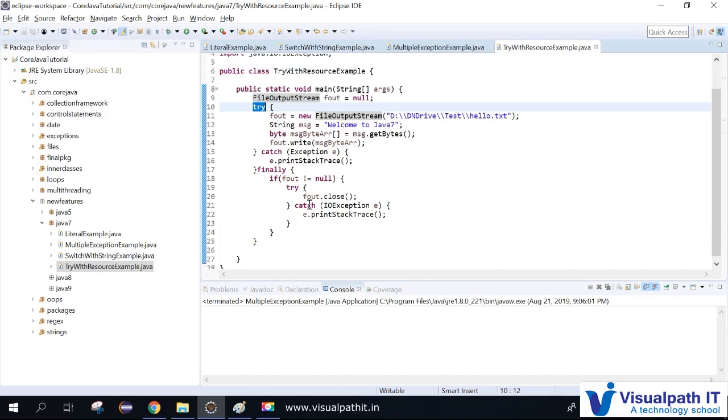I just want Java 7 to take care of all the opening and closing of files. I don't want to code this much, and I don't want to handle files this carefully. Every time writing this many lines of code will be very difficult for a developer. So for that, what the Java developers did was introduce try with resource, which is a try block that